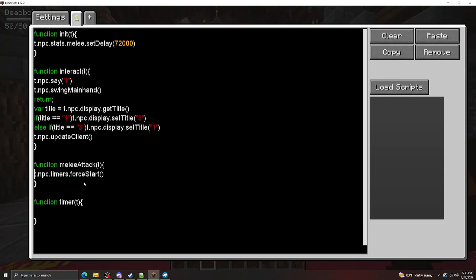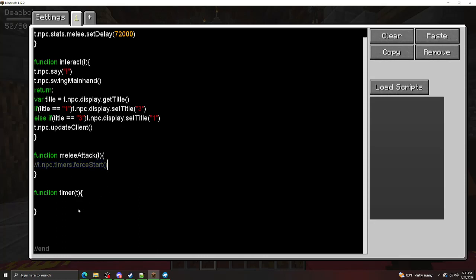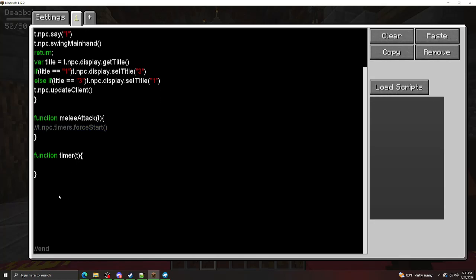Okay. So before we worry about how we're starting these timers and how long they're going to be, we're going to need to get some information about each attack. We're going to need this information to sync up the damage and range properly, and we're also going to need the information to sync up the timings properly. So the four bits of information that we're going to need are going to be the attack length,